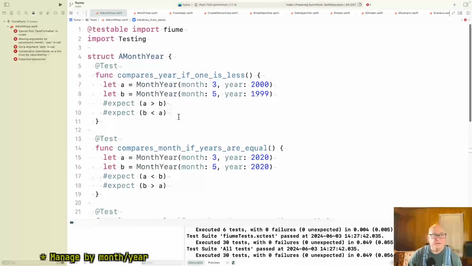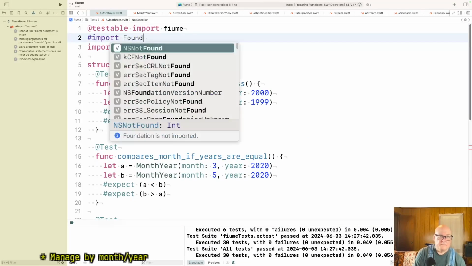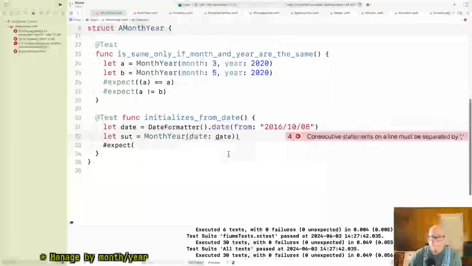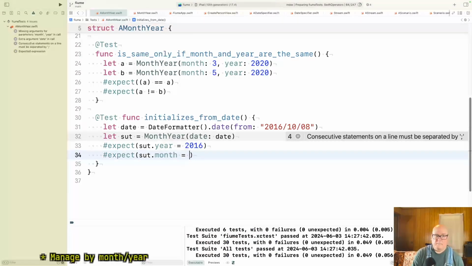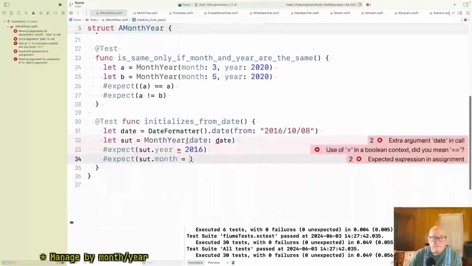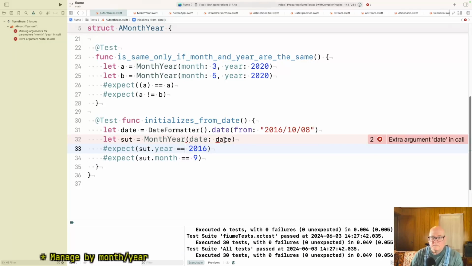Cannot find date format. Okay, so we don't have that constructor yet.